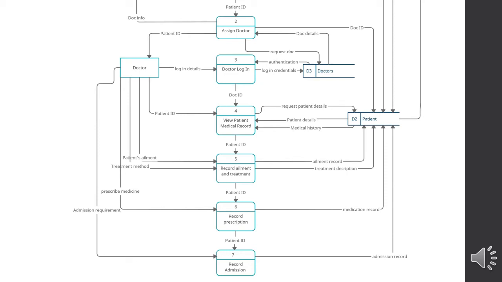And then we continue to the seventh process, which is record admission by using patient ID 2. So the admission requirement will be sent to this process by the doctor, and the admission record will be saved to the patient data store. So then lastly we get back to the clerk